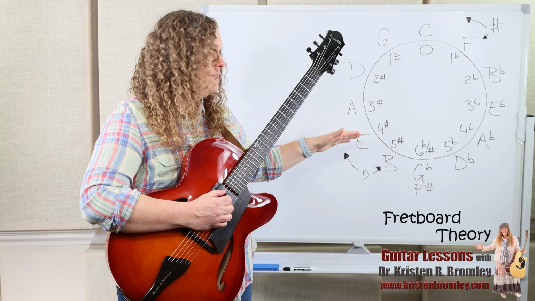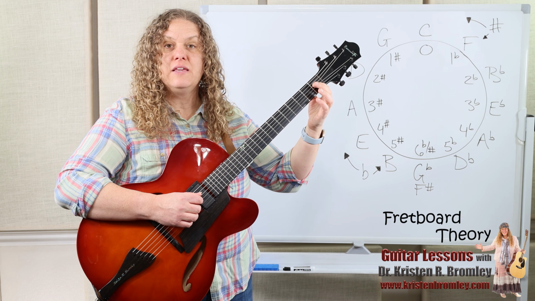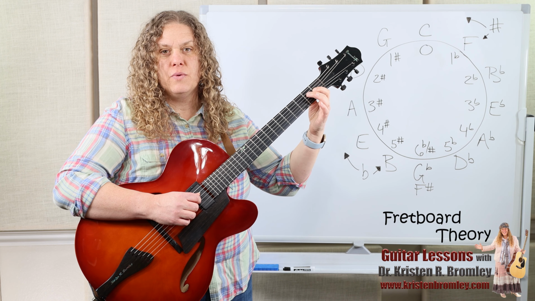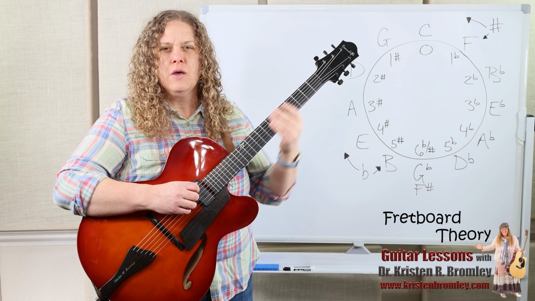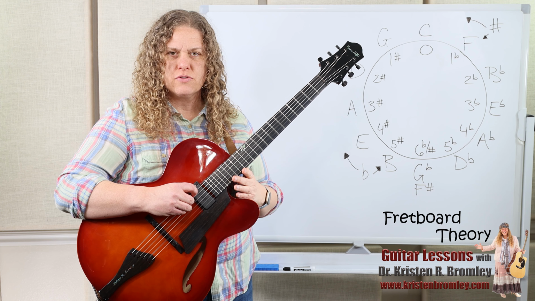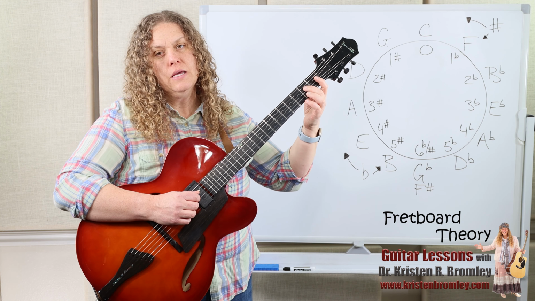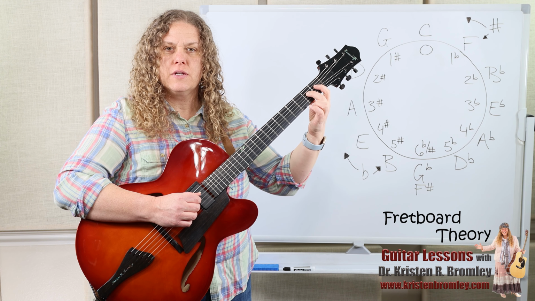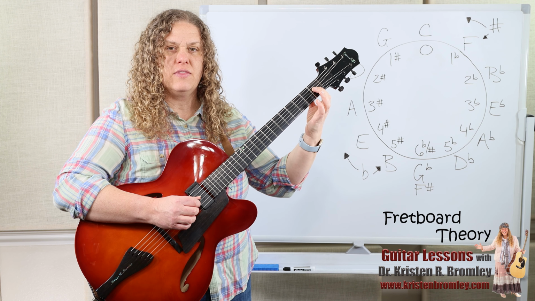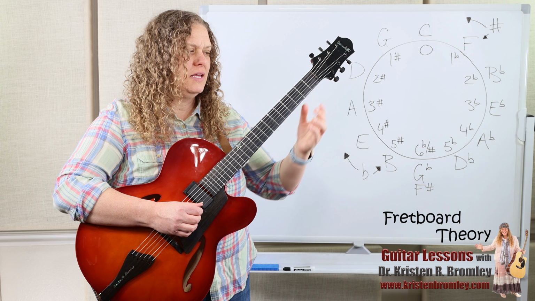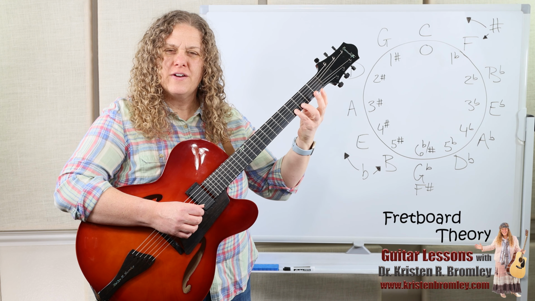B flat and E flat. So we already know where B flat is. E flat, we've got a couple options. We can't play an E flat on the low 6th string because that's the lowest note there unless we detune, and we're not going to. So we've got the 2nd fret on the 4th string goes down to the 1st fret for E flat there. We've got the top string, E, that goes to the 4th fret on the 2nd string